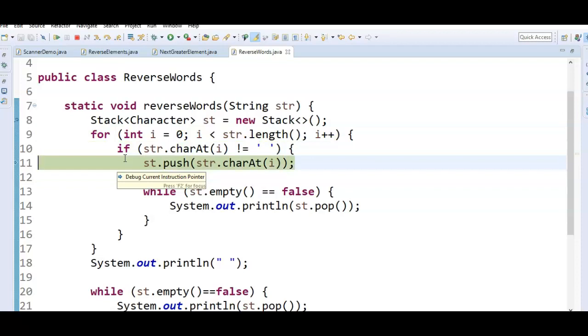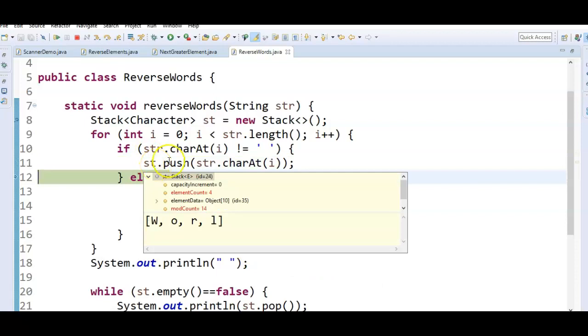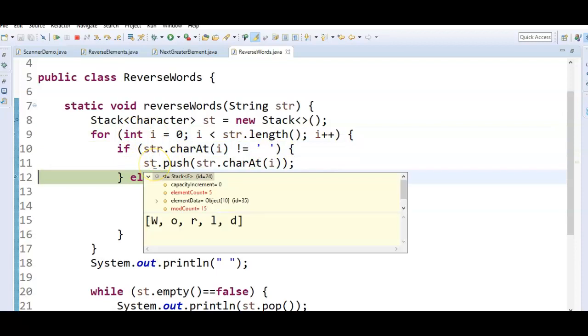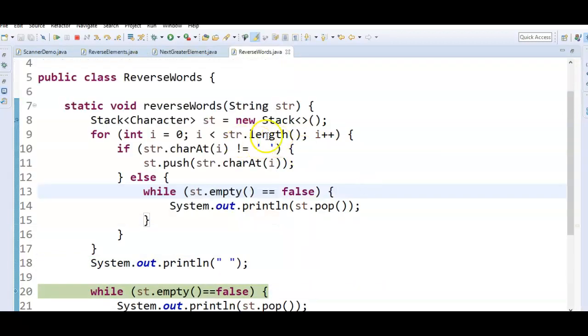Now we are pushing O into the stack, and then again one more element into the stack, R, L. Again we push one more element into the stack, D. Now, what is after the string length? We come out of the loop, and since we have reached str.length, the for loop will not be executed.